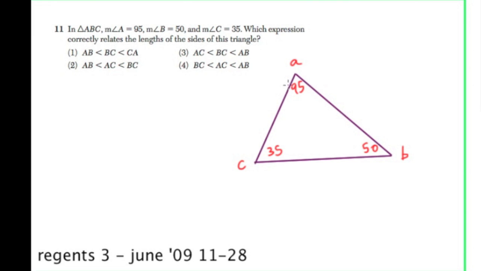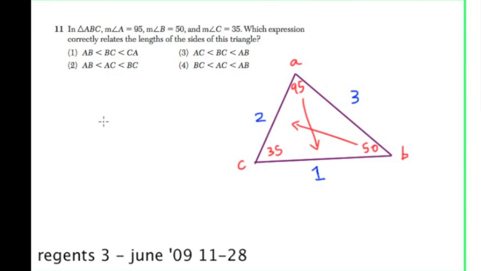So this tests you on a triangle rule. The largest angle in a triangle is related to the longest side on the triangle. So basically, you just have to find the largest angle in the triangle, and then opposite that angle is going to be the largest side of the triangle. So that would mean that BC here is the largest side of the triangle. The second largest angle is B right here. So 50, opposite 50 is AC, so AC is the second largest,